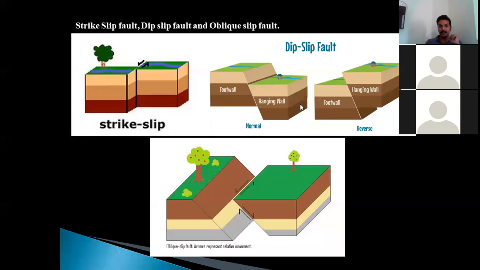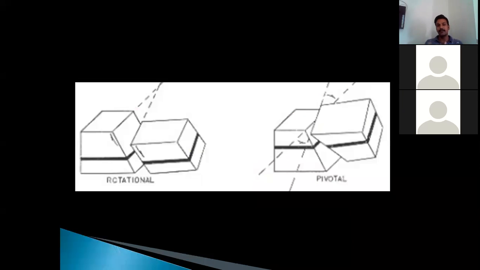Now later we'll see another type, miscellaneous types of faults which can be termed under the genetic classification, that is rotational fault and pivotal fault. Here in rotational fault, you can see that the blocks are slightly rotated. Okay, they are displaced, but simultaneously they have possessed a certain rotational effect, and because of which this type of faulting is called rotational faulting. Whereas the pivotal fault is a fault where at a certain point these two blocks are pivoted, meaning they turned or rotated around that single point. In that case, that will be called a pivotal fault.